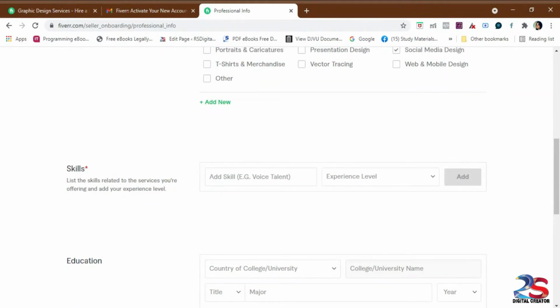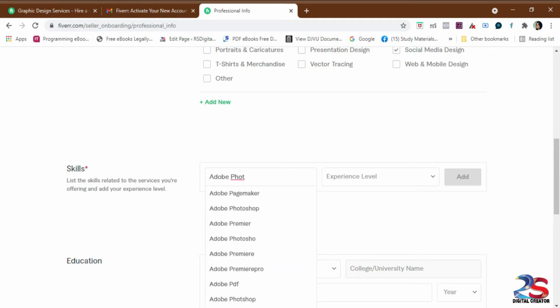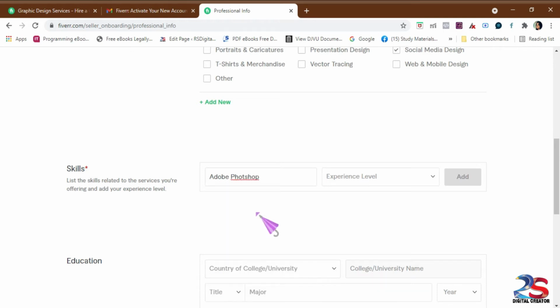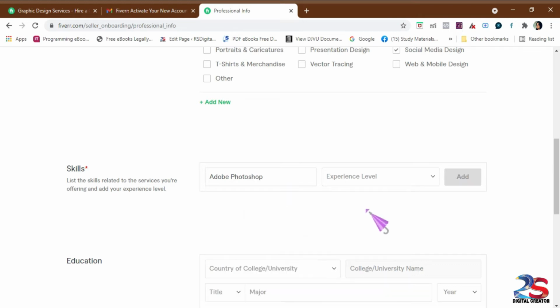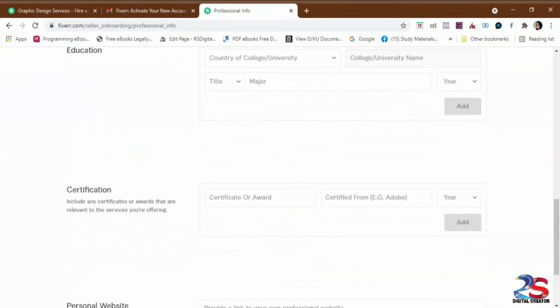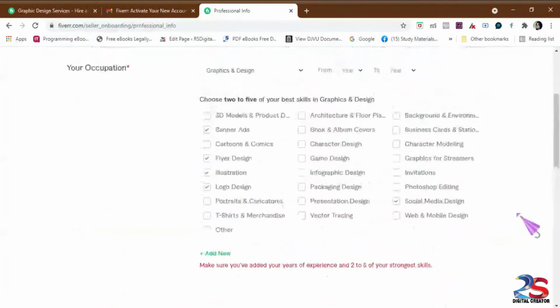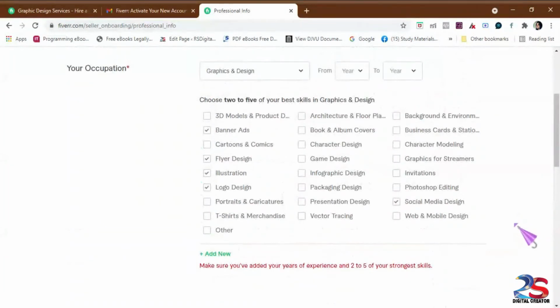Then you can add a skill set; add at least one skill set according to your subject. There are a number of skill sets available. You can choose any one, or more than one. You can add any number of skill sets, and mention the years of experience according to how proficient you are in that skill.